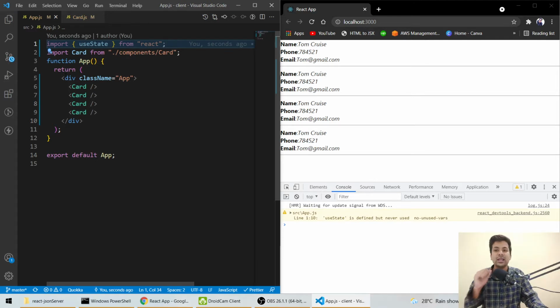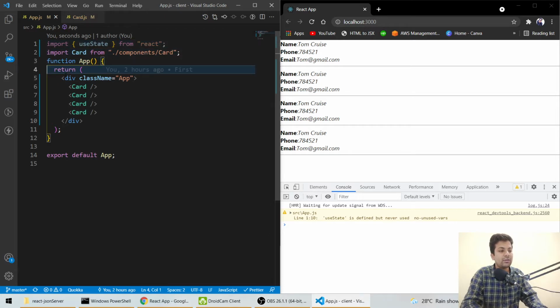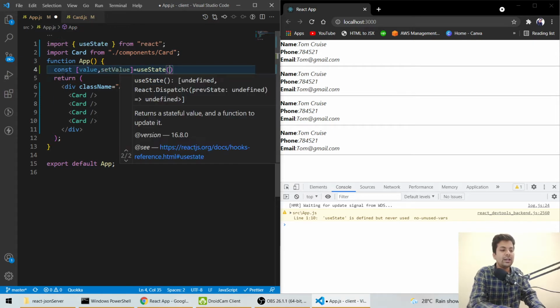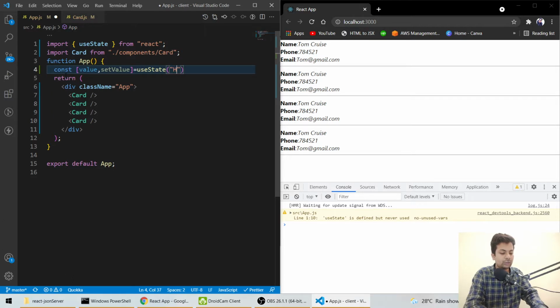So useState is like a variable, where we save our values. How to define it: we'll say const value, whatever value we want to save, then we'll say setValue, whatever value we want to insert. Then we'll say useState, and the default value at the starting, suppose hello.